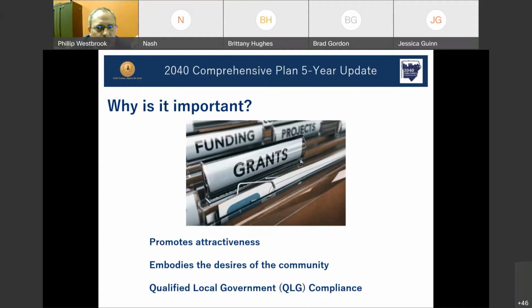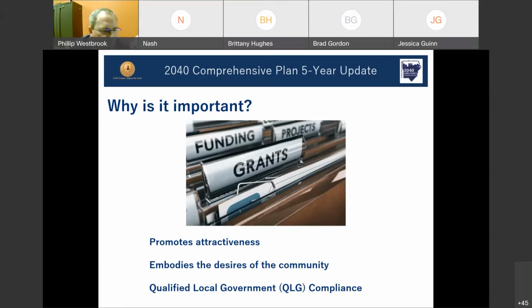And while it may not be the most important reason why we plan, the state of Georgia does incentivize and mandate jurisdictions to carry out comprehensive planning efforts. They do so through the Department of Community Affairs that oversees the standards and procedures for the process. Georgia incentivizes comprehensive planning by allowing cities and counties to become qualified local governments, or to be QLG compliant. With this QLG compliance, the county is eligible to participate and receive financial resources for many different programs that are critical to the operations of the county.